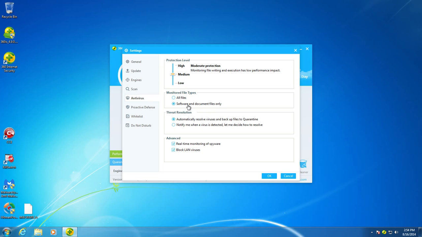For speediness, if you're looking for speed, this is the way to go right here, just to scan software and documents. That's probably all you really need to scan, but it might miss some files. I don't know what it considers software, I guess. So I'd have to look at that criteria and see if it's going to cover all bases,